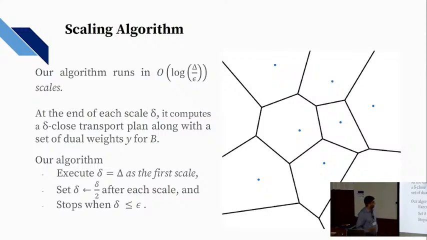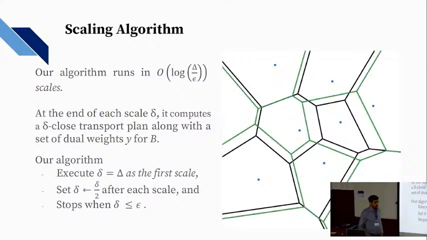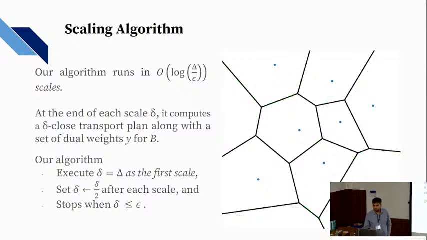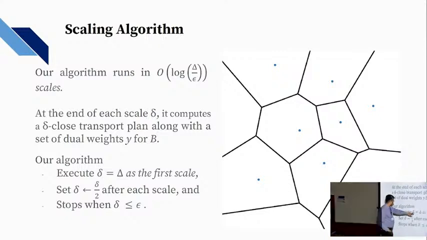Okay, and additive or multiplicative error? Additive error, yes. Because I mean there's an upper bound, right? Delta times 1 is the maximum. I mean capital Delta times 1 would be the maximum. That's right. So we start our scale values initially with the diameter, and we keep reducing it until we reach epsilon, right?